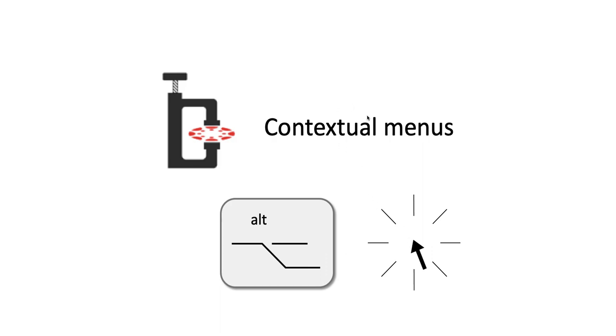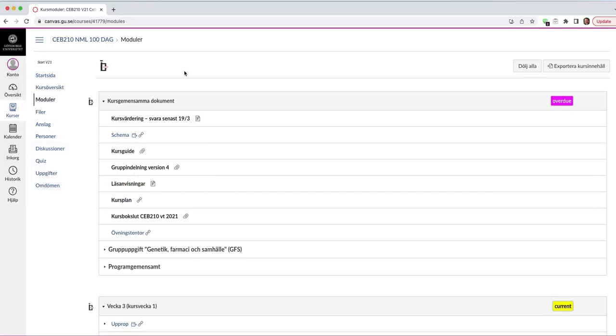So here is a Canvas Modules page with the extension installed. As we can see, the extension icon is shown up here, the larger extension icon, which if we hover above it will show the main menu, and then for each module there's a smaller icon, and if we hover over that we'll get the